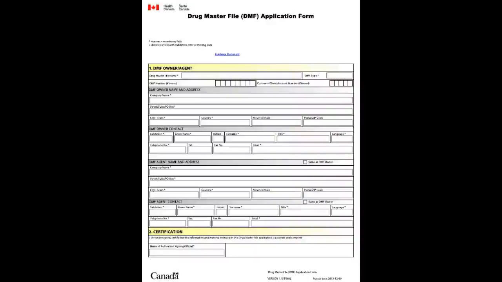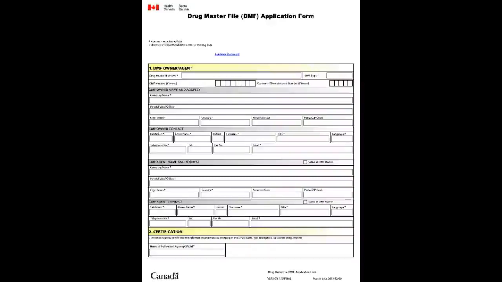The information contained in a Drug Master File may be used to support an IND, that is an Investigational New Drug Application, an NDA, a New Drug Application, and an ANDA, an Abbreviated New Drug Application. So, in short, a Drug Master File is submitted to the Center for Drug Evaluation and Research, and it is different from a Biologic Master File that gets submitted to the Center for Biologics Evaluation and Research.